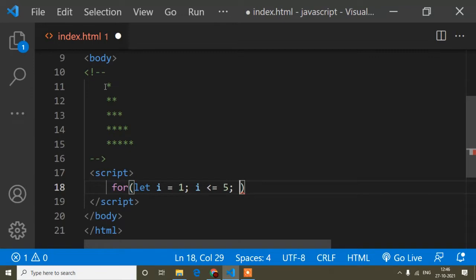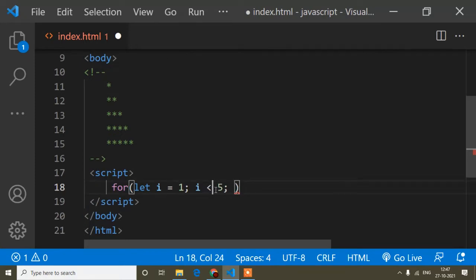Because you can see i is 1, then it will loop, meaning increase. I already told you when we increase something, we use a loop. It increases up to 5. So when I increase this i, I have to write a condition that it will be increased up to 5. That's why I have written i less than equals to 5.